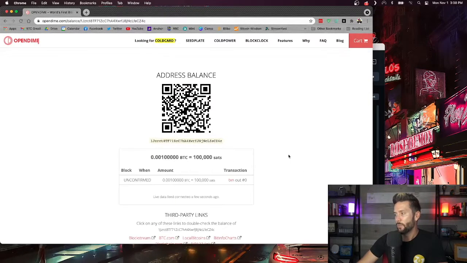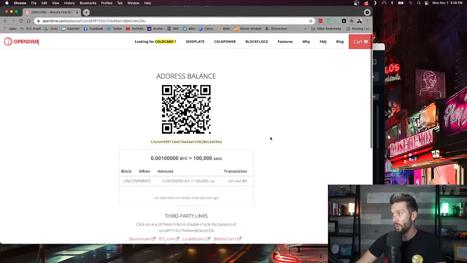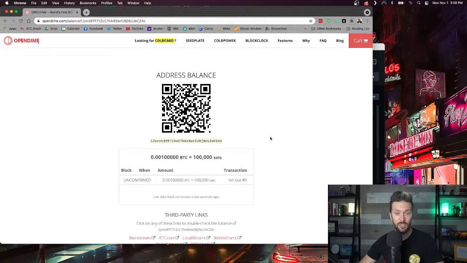And I can hit check balance, and I can see that there's an unconfirmed transaction coming in for 100,000 sats. It will reflect it when it is fully confirmed as well, but that's it. And you can do this as many times as you like to load up your balance. All right, so we'll check back when this is confirmed, and we'll see how the hell do you get money